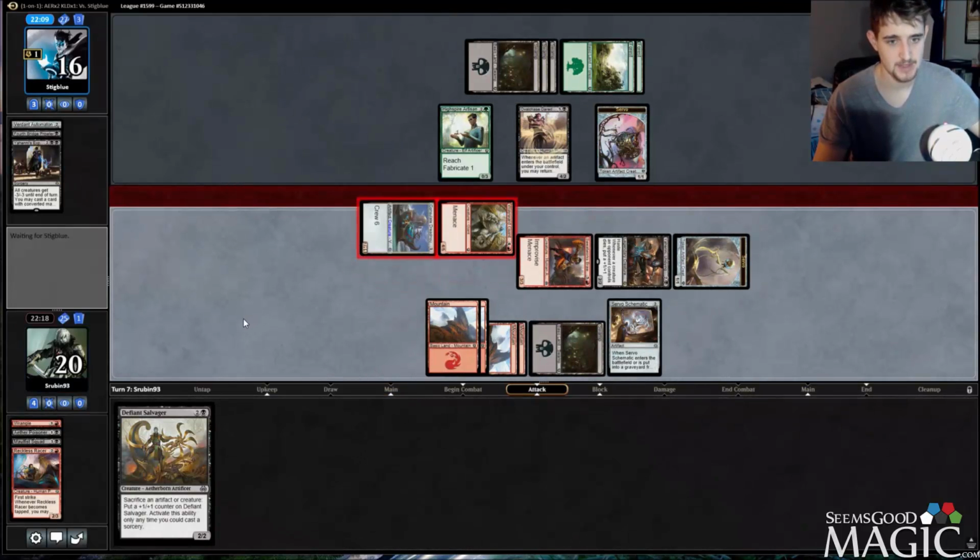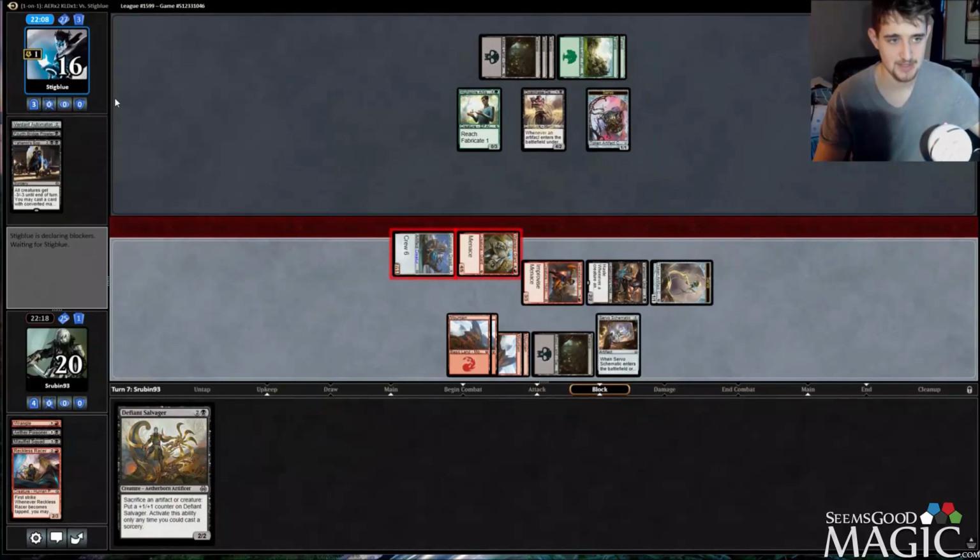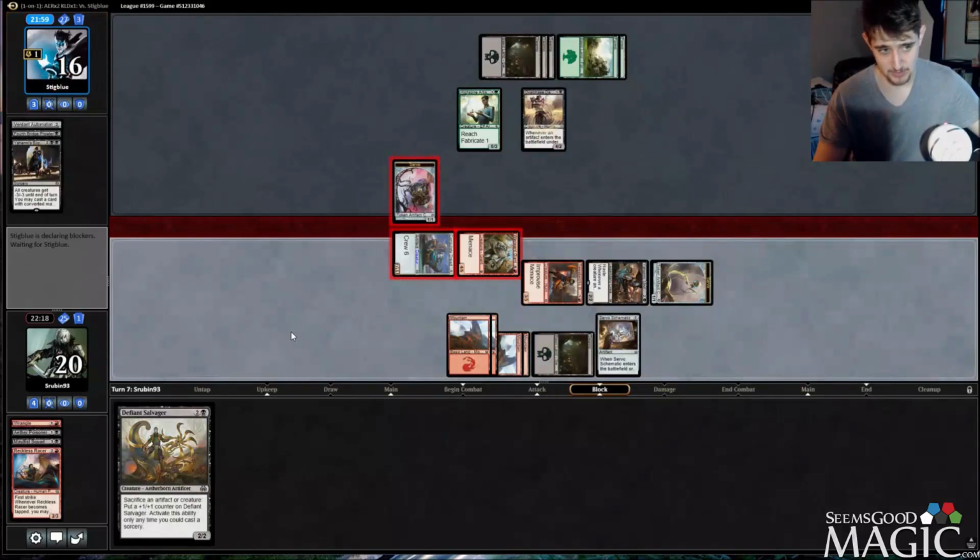Just get in there. No reason not to. They can't really just take 11 this turn, can they? They've got to block something, and with Yahenni, that's so good for me. So this means they're not going to kill the Wayward Giant, which just makes it harder for them